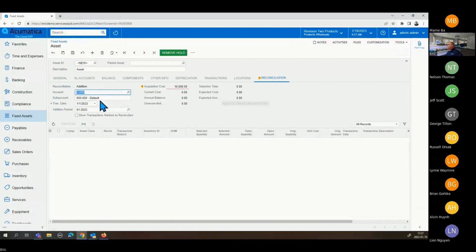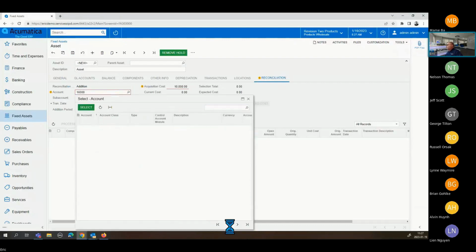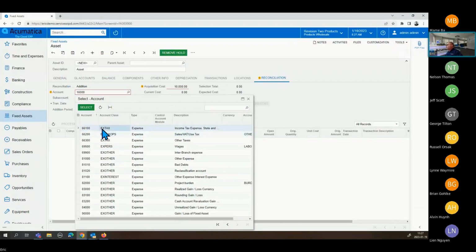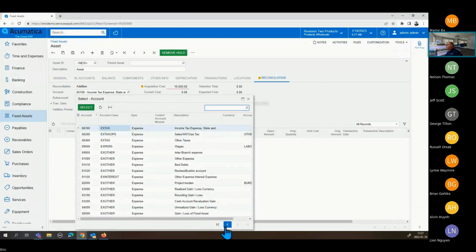And then I can select an account here, the same fashion I was doing earlier. I can select something else. Anyhow,